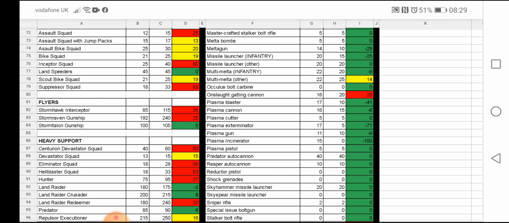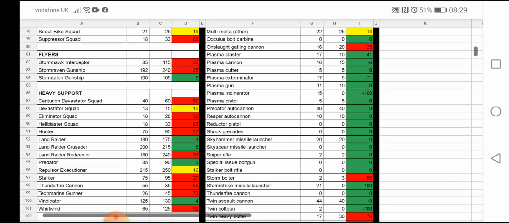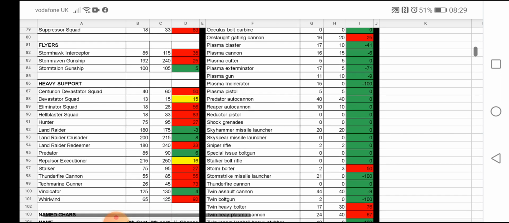We've got an Inceptor squad. Inceptor, line 76, that's gone up a lot. 25 points, didn't realise they were that cheap, to 40 points, a 60% increase in points. That's hefty, that. Centurion Devastator squad, 20-point increase. Everything in red is the kind of the big